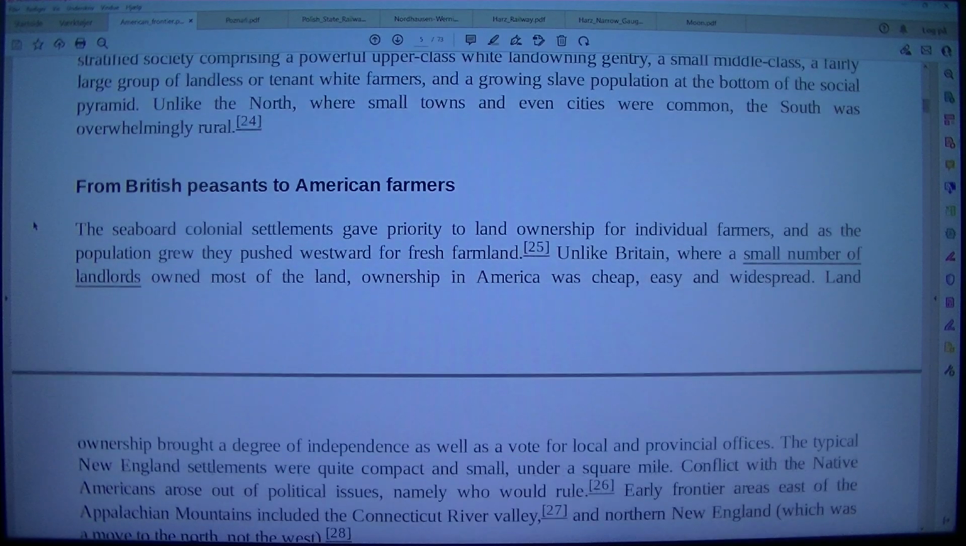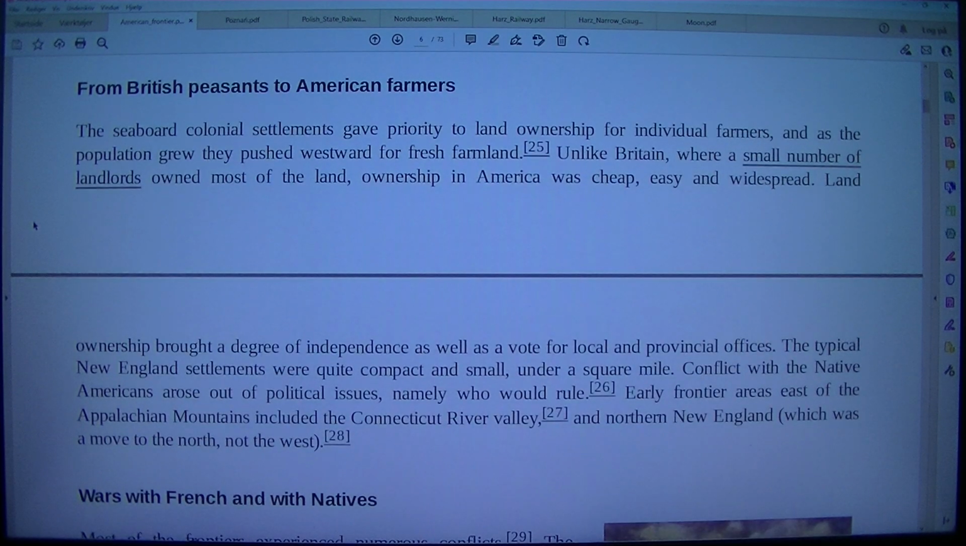From British peasants to American farmers. The seaboard colonial settlements gave priority to land ownership for individual farmers, and as the population grew they pushed westward for fresh farmland. Unlike Britain, where a small number of landlords owned most of the land, ownership in America was cheap, easy and widespread. Land